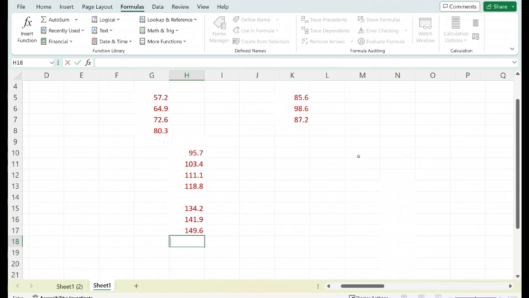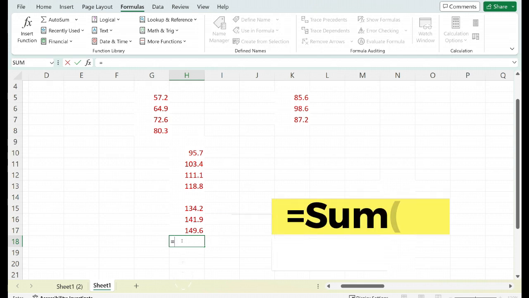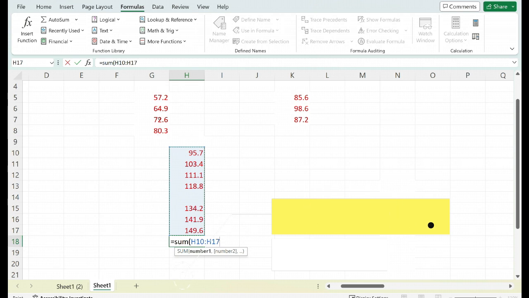So how do you do that? It's pretty simple. You need to start your function by writing an equal sign and then write sum, start a bracket, and then start selecting data. So first you select this part of the data, you need to sum this. And then if, for example, you need to include these values within that, what you need to do is insert a comma,